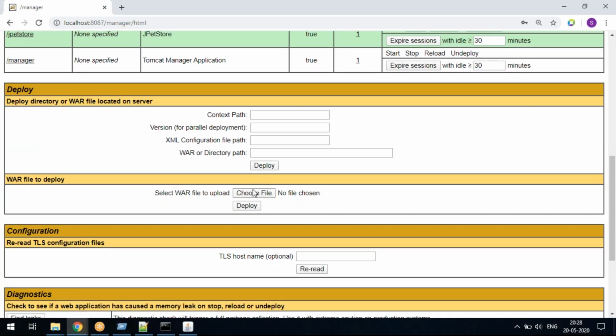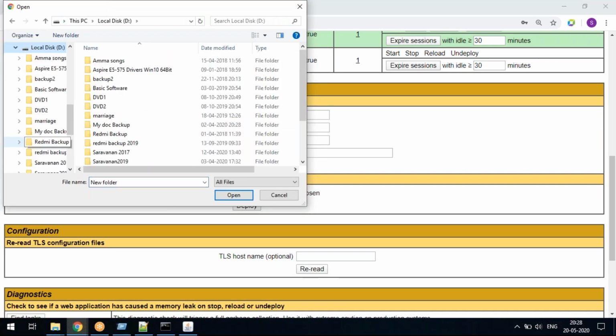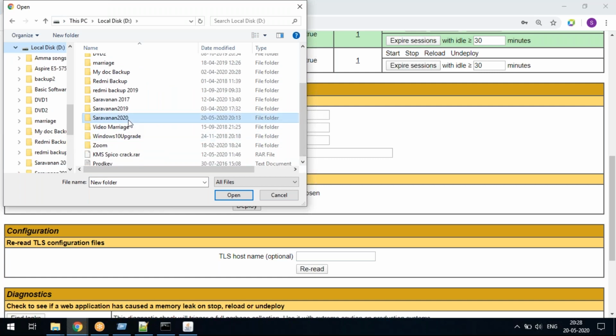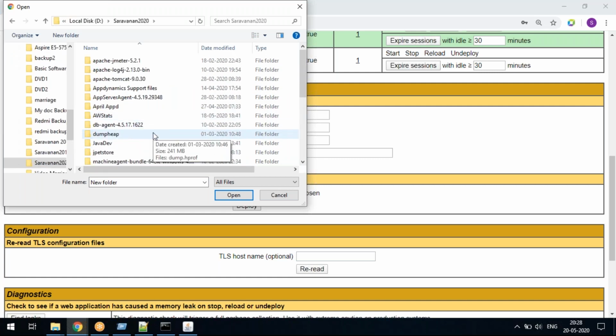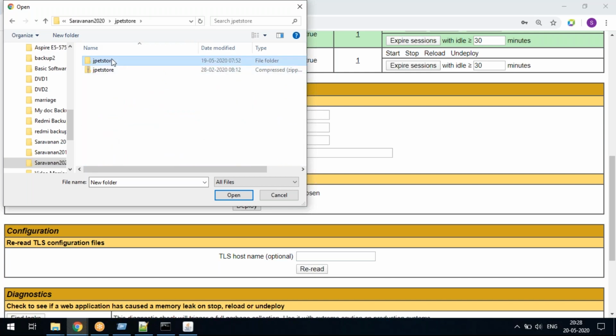I am going down. I am choosing the file where my war file is. I know my war file is there in my local. I will share this war file with you guys. Don't worry, I'll share all the related data. This is my war file.